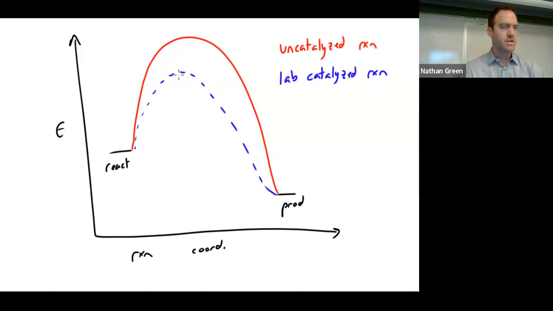I have decreased the transition state energy here, so I don't have to put as much energy to turn a reactant into a product. I added some helper molecule that allows the reaction to proceed by lowering the activation barrier. Our bodies do this in a really ingenious way. In our bodies, we do catalysis, but we use certain proteins called enzymes. So an enzyme catalyzed reaction